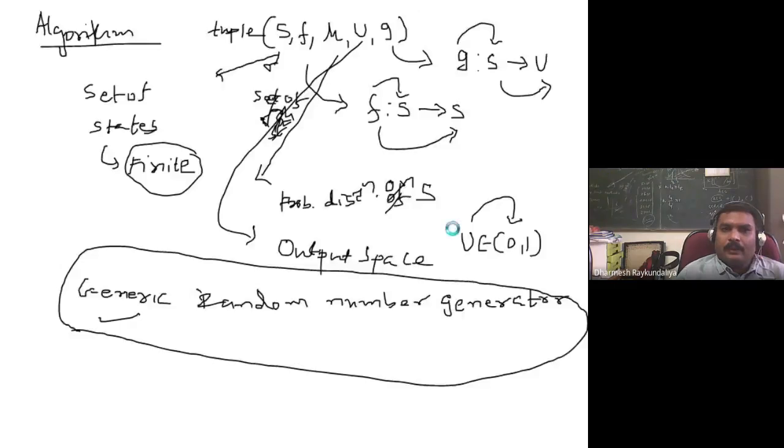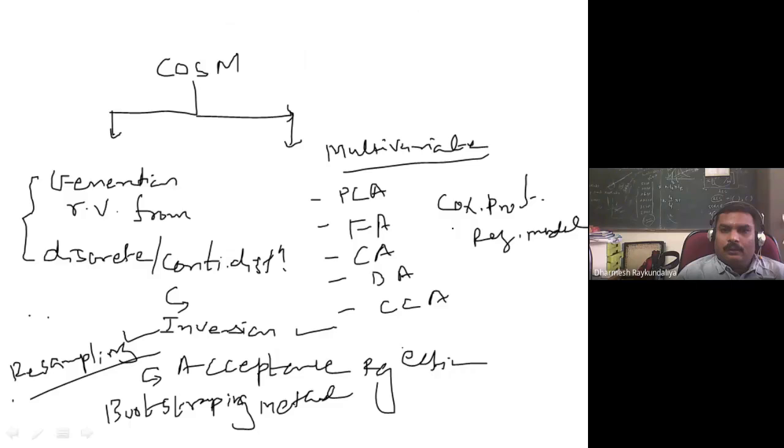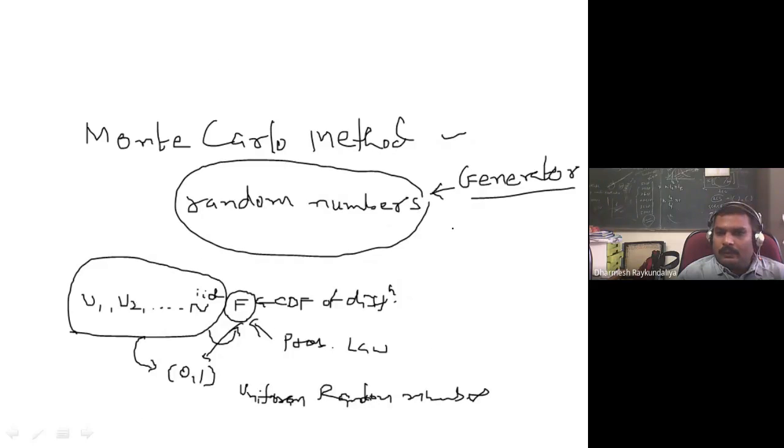So what we have seen today in lecture, in COSM there are two parts which we are going to discuss. First is the generation of random variables from a specific distribution. So let us say why a random number